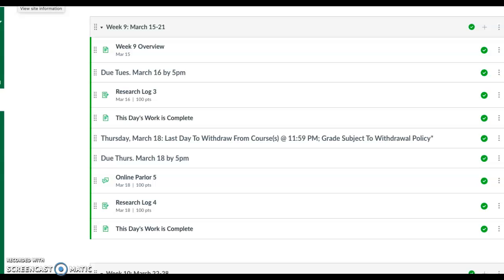Today what I want to do in this video is go over some stuff about the research logs and also look at an example of a research log that's working really well. As you can see looking at our calendar this week, you have 2 more research logs. So you should start to be getting into the rhythm of the research logs,